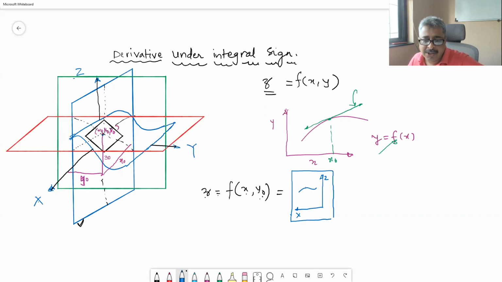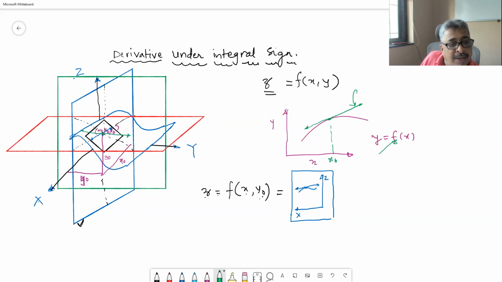Okay, and this is your point x naught comma y naught comma z naught, and you are studying a straight line in that plane. Slope of straight line is going to be... this plane is going to be determined by two straight lines intersecting at this point. Maybe this is one straight line that I have drawn here, which is tangent at that point to that surface, and another straight line will be green straight line, which will be actually perpendicular to the screen, that is, it will be like this.